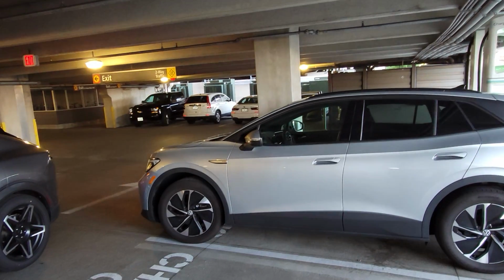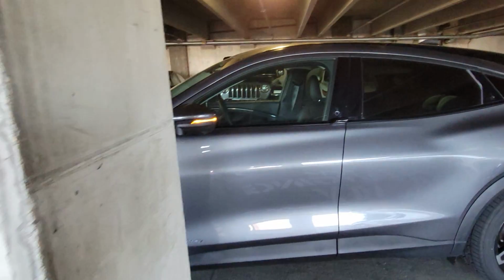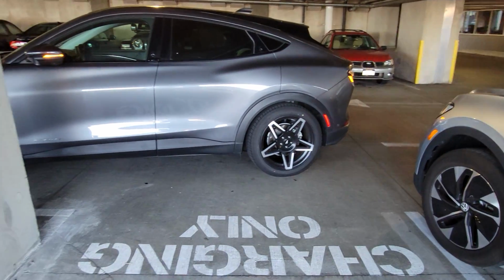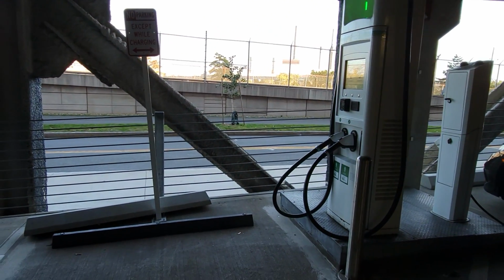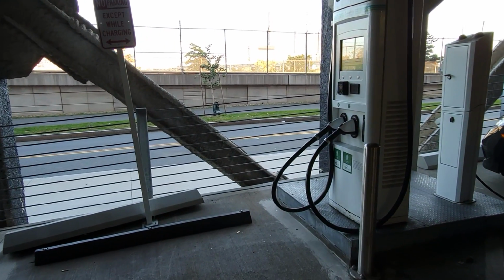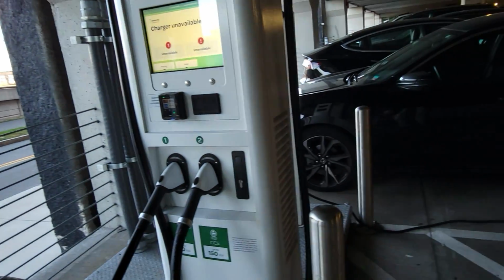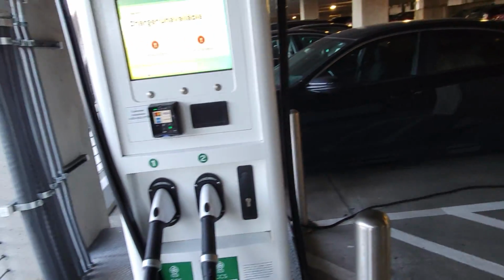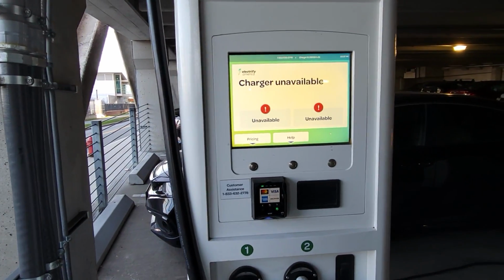And the reason why is this ID4 here is not parked very well, and I really couldn't swing into this spot. Even if I could swing into this spot, the EA station, whatever you call the pump, is on a short cord and isn't going to reach the location of the Mach-E. So if I back in, I can't reach, and if I pull in forward, I can't reach. But even if I could reach,